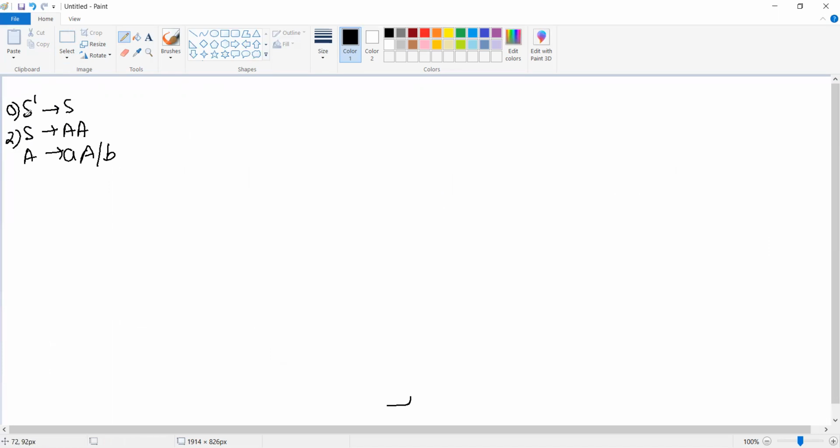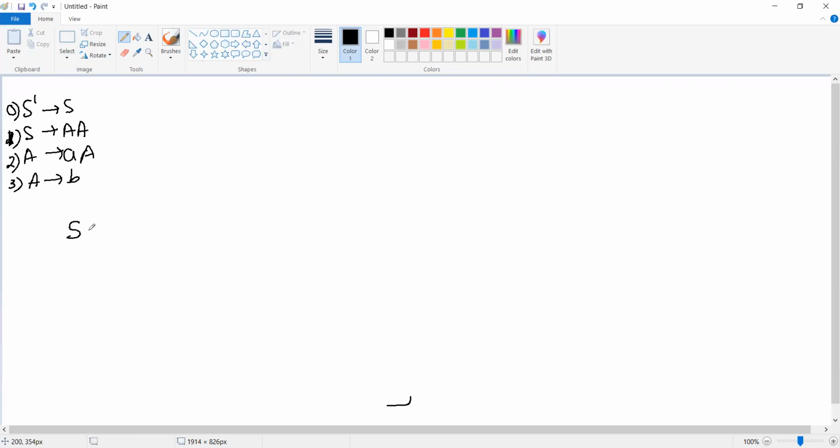So augmented production I'll number with 0, and remaining productions I'll start with 1, 2, 3, 4, right? And one more thing, because there are 2 productions in the A, so I'll do the separation of the productions. Fine. So 1, 2, 3. There are 3 productions given in the original grammar, and 0 production I have created as the augmented production. Fine. So canonical collection banana shuru karte hain.